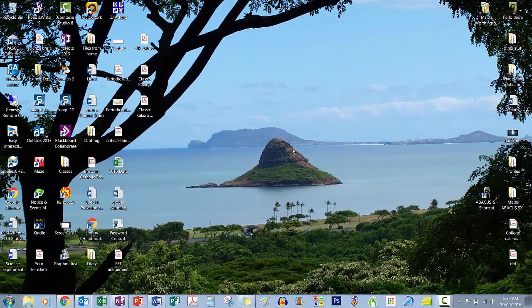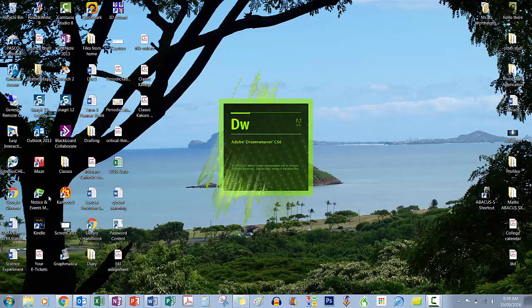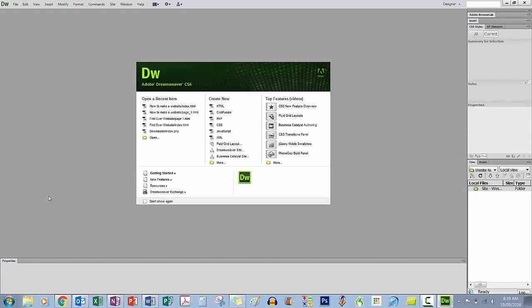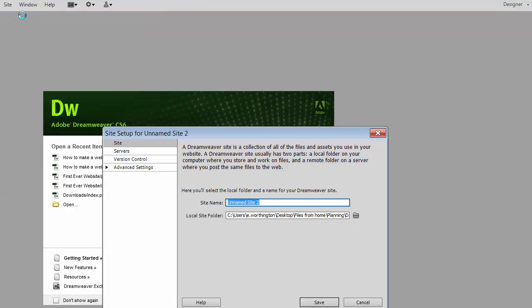Now what we need to do is actually open Dreamweaver. So we go and we find it, we open it up, and it comes up and it looks a little bit like this. So we actually want to create a website. So we're going to tell Dreamweaver to make a new site. So we're going to Site up here in the ribbon, click on Site, click on New Site,